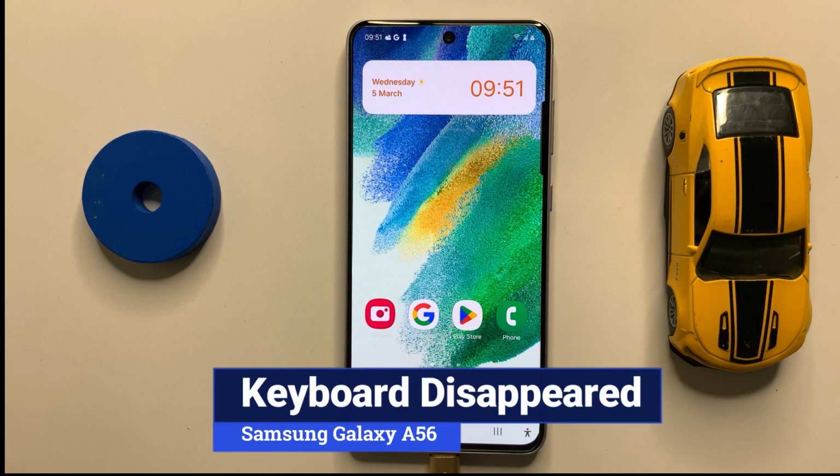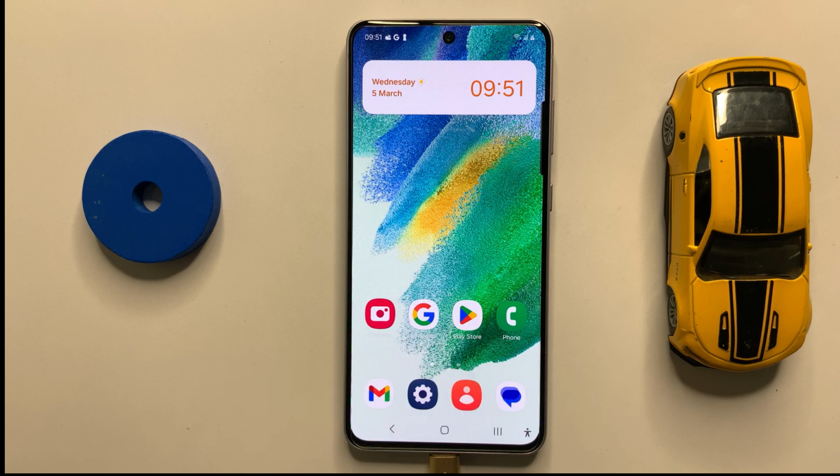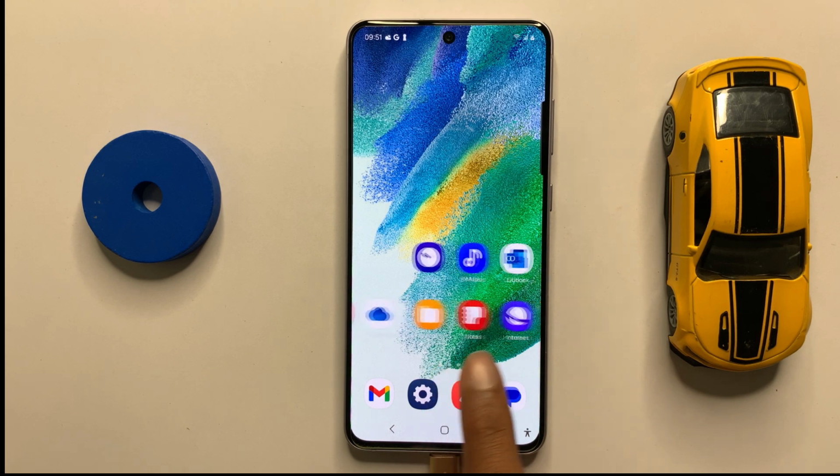What's going on everyone? In this video I will show you how to fix Galaxy A56 keyboard disappeared. So let's start the video. First of all,